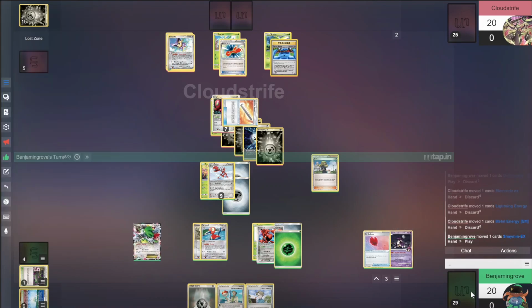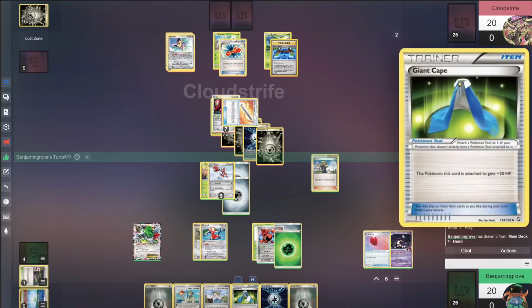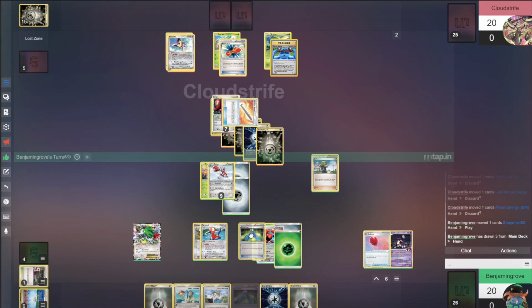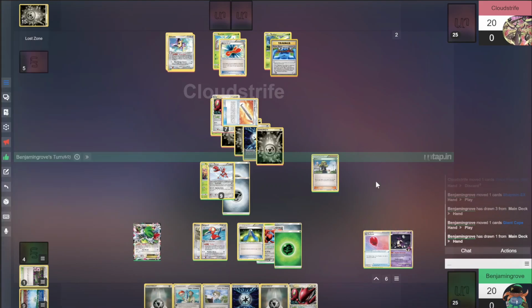Can we find Windstorm? No Windstorm there, and actually no playable card, so I can even back up. Oh, there's one playable card. I will play Giantscape, and I will back up for 1. And no dice there. Blues...